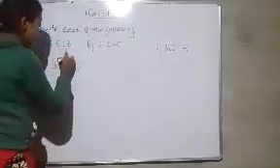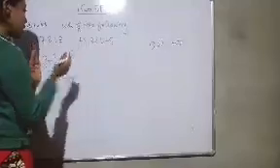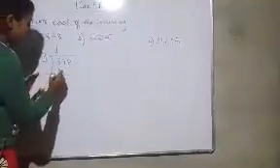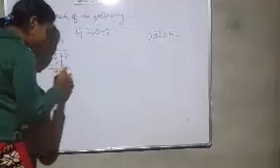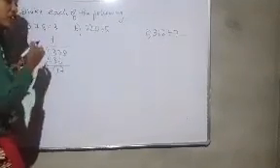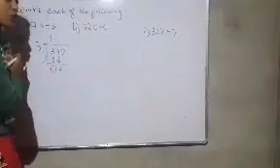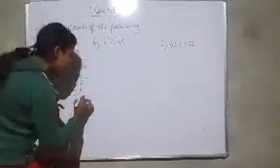So 3 1s are 3. Like before, by taking 1 we will be proceeding. So 3 minus 3 will be 0 again. Now this one will come down here. So 3 1s are 3, 3 2s are 6. 3 3s are 9, which will be greater than 7. So we will not take 9, we will take 6. So 3 2s are 6. Now subtracting, 7 minus 6 is 1.